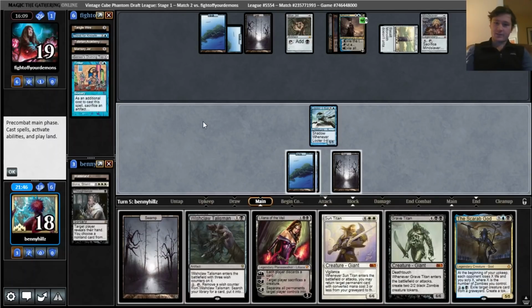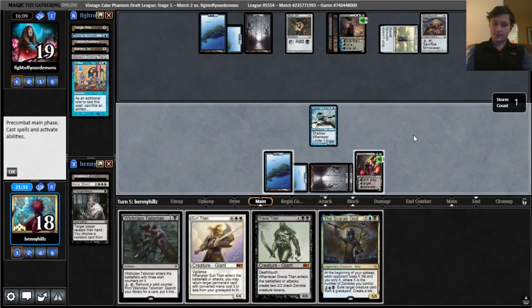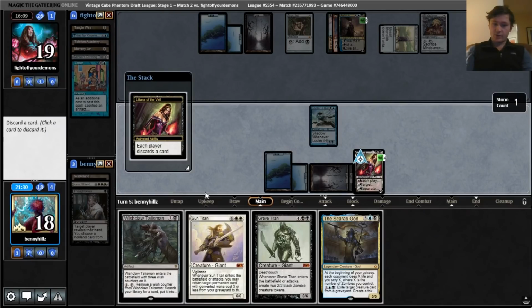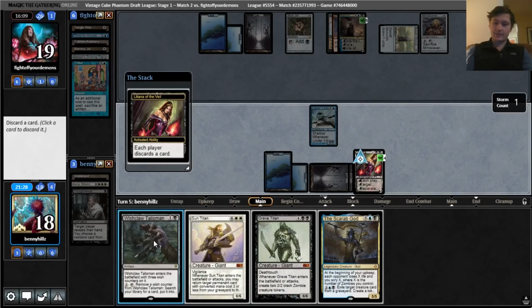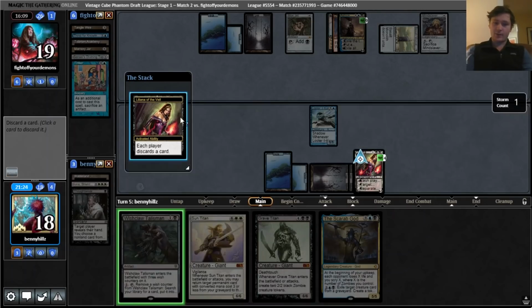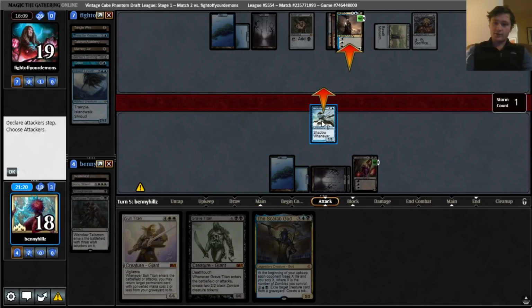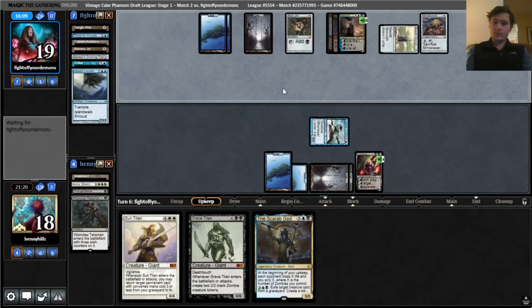Well, we don't have any ways to kill the Mindslaver, unfortunately. I think we just go Swamp Lily and make them discard their last card. Yeah, we'll do that. And we will discard... Honestly, I'm going to discard the Talisman here because with them having Mindslaver, it becomes a lot worse. And then I will attack their Ashiok for 1. So if they want to minus...